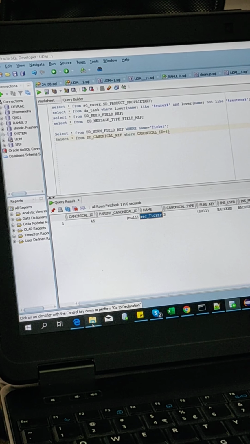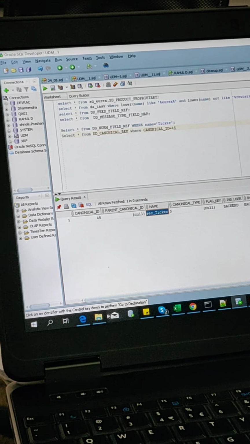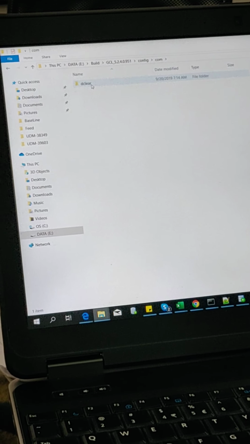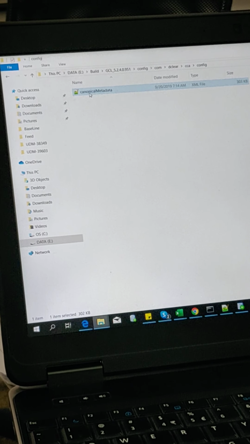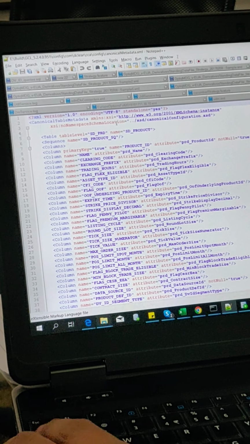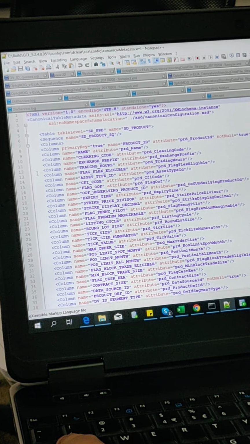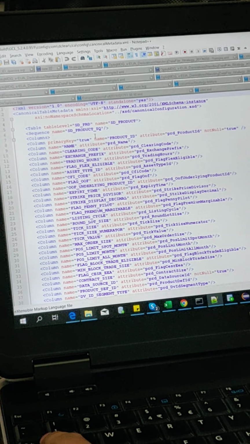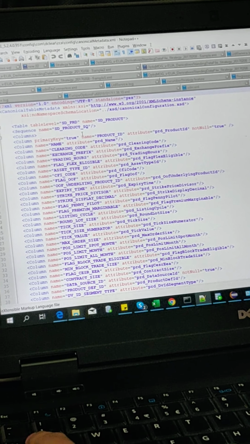अब ये sec underscore ticker, where is this, right? So we go to metadata. This is the metadata. Over here you will find all the tables, all the details of the table structures that we maintain for each schema.